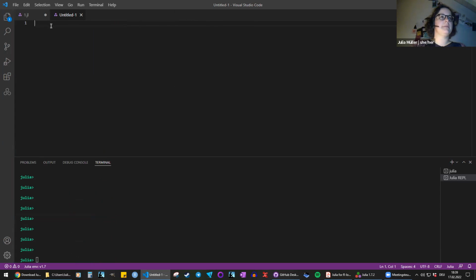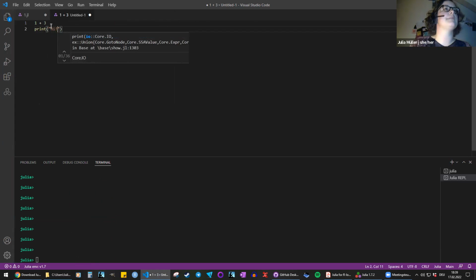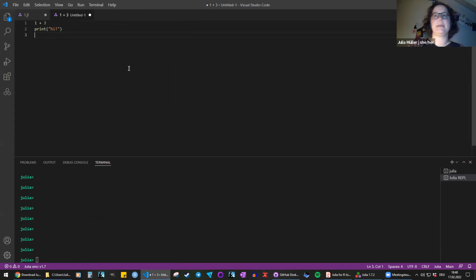So here in my script, I can also do these little math operations. I can do maybe a print statement, and don't worry too much about what this code all does and means. We'll get into that next time and the next times. This is just to show you what it looks like.